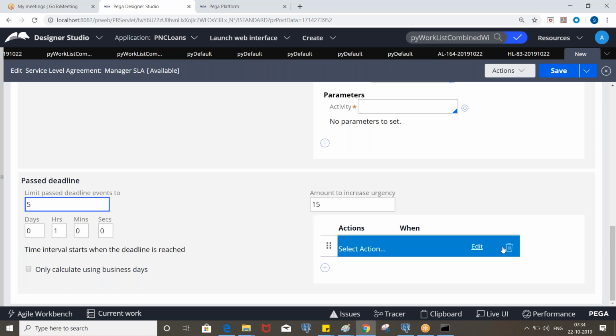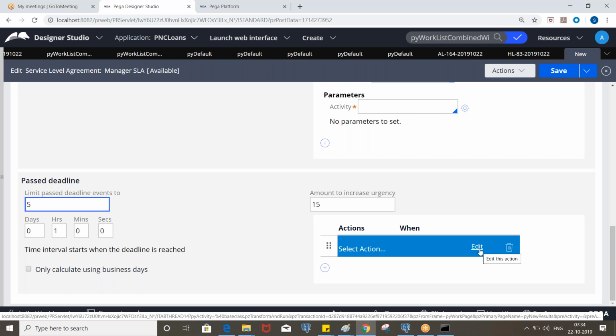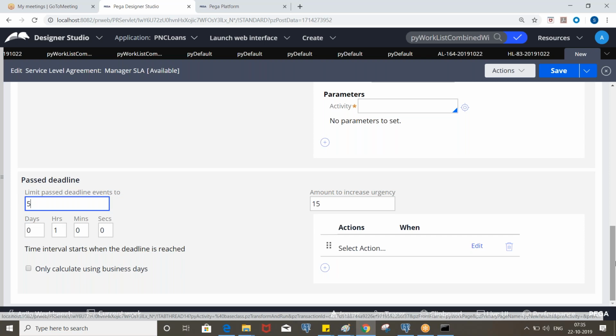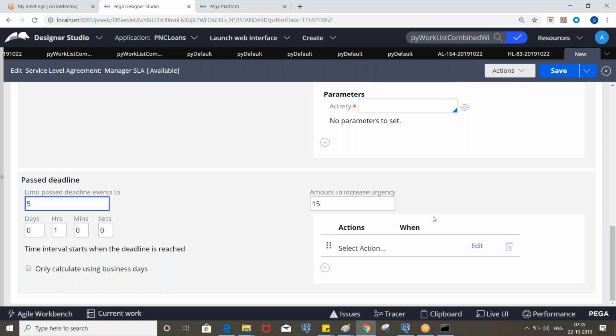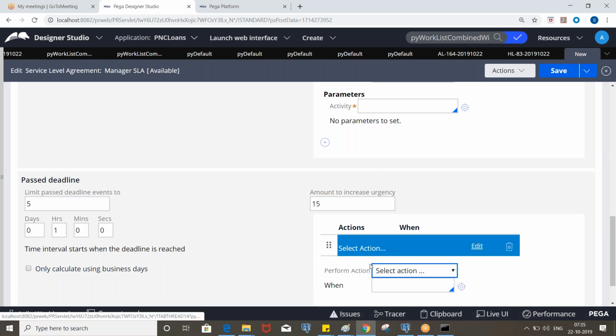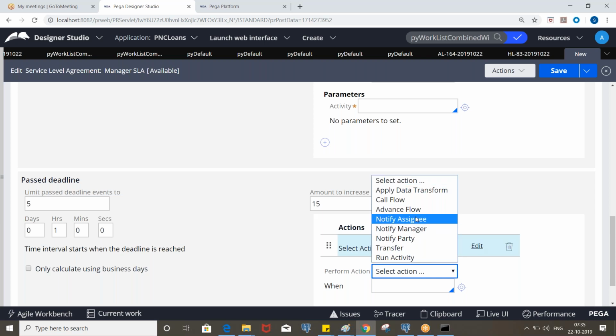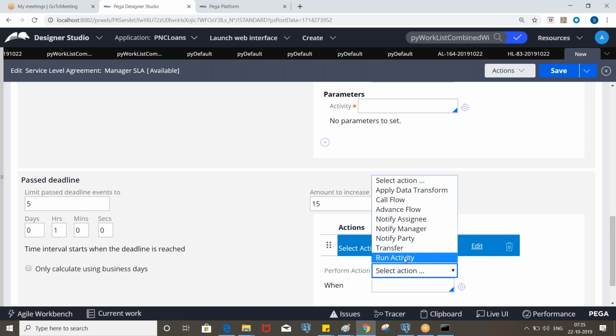Okay, and again here we have options like we can advance the flow, or we can send an email, or we can notify the managers, etc. But mostly we call the activities, or sometimes we select transfer, where we route it to a different operator or work queue.